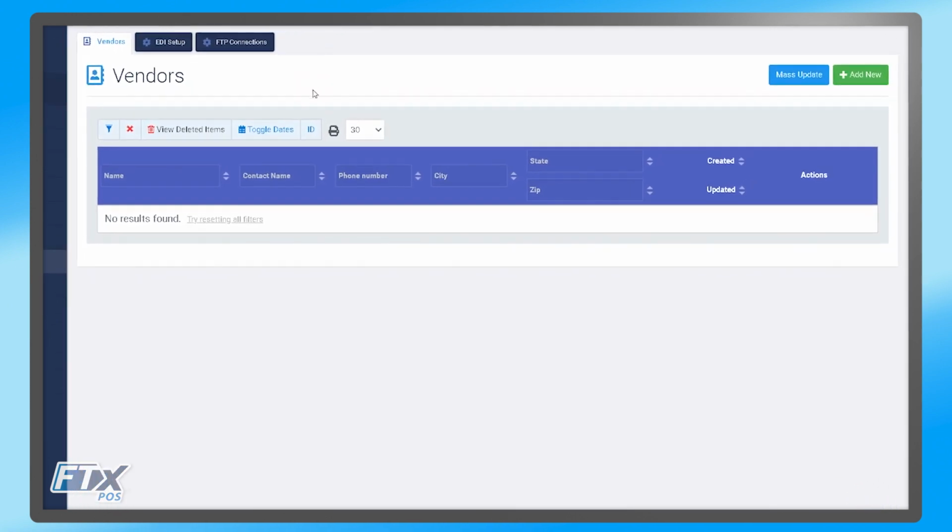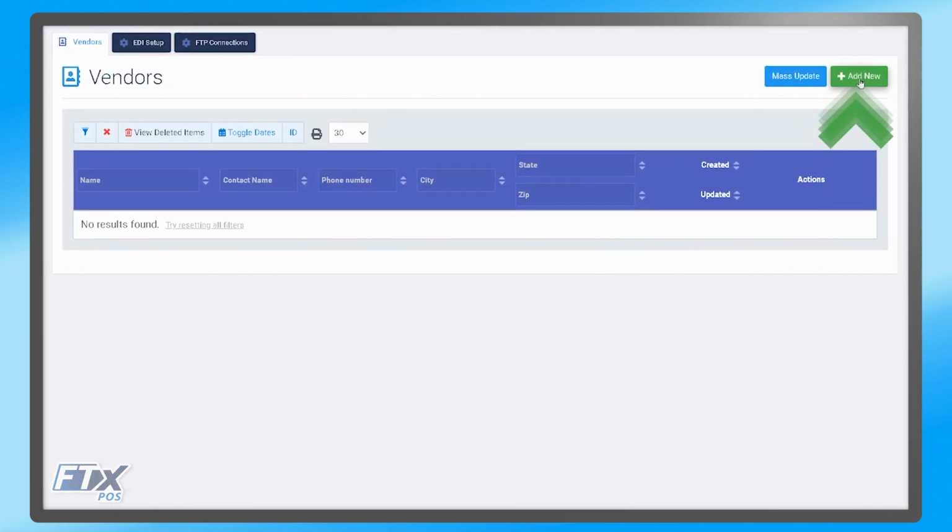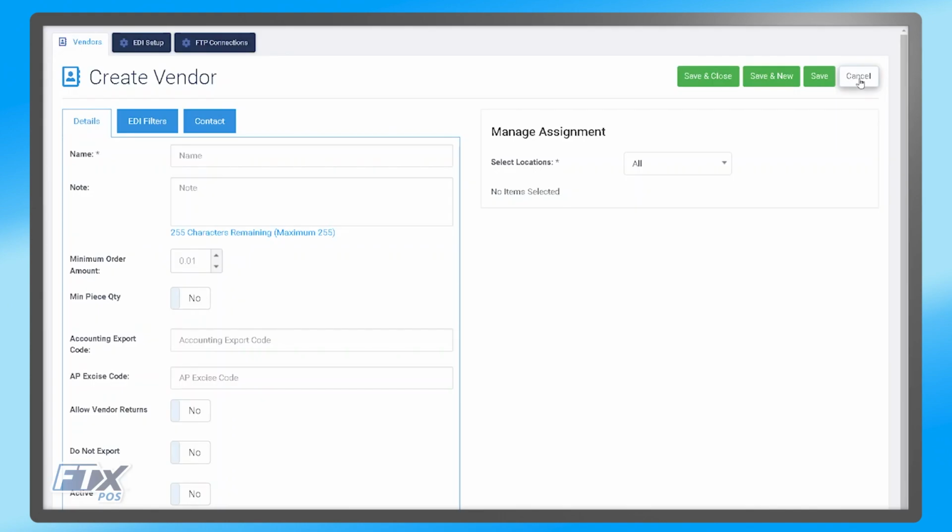So to get started, we are going to add new on the top right, and that will take us to the Create Vendor page. On the Create Vendor page, we have 3 tabs: Details, EDI Filters, and Contact. Under the Details tab, it is requesting the name of the vendor, any specific notes that we want to enter about this vendor,